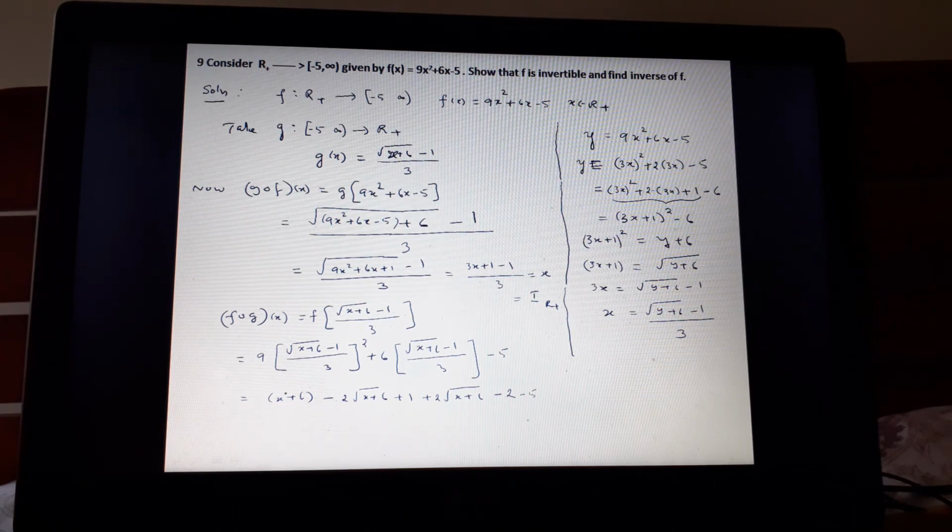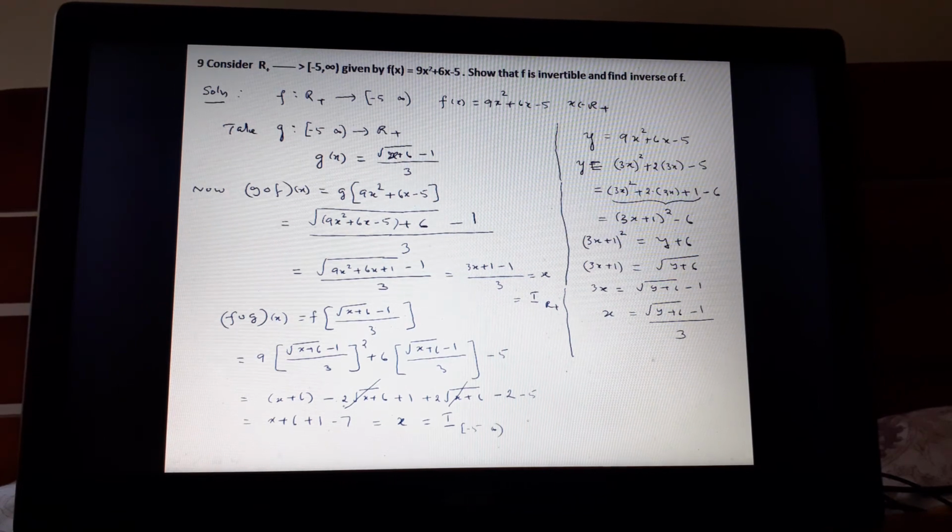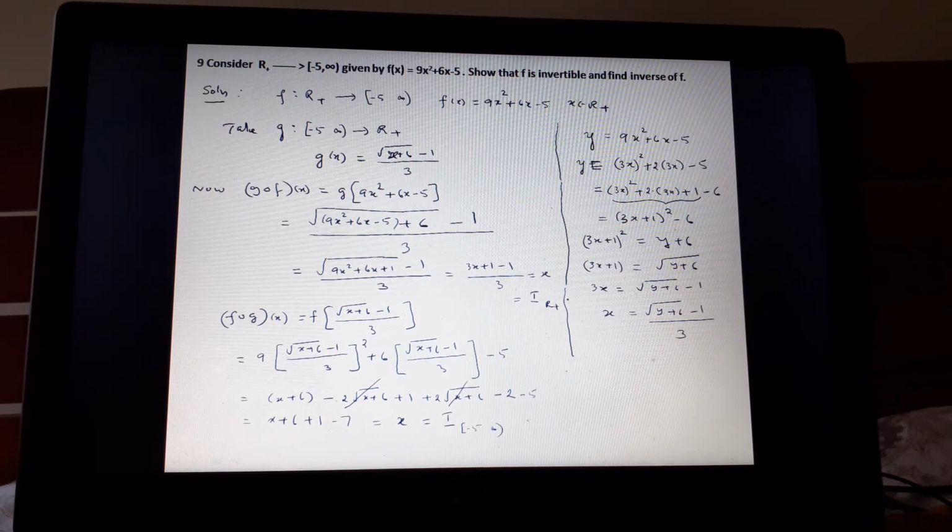So what happens is, this plus and minus cancels. Now look here, this will be equal to x plus 6, then here it is plus 1, and here it is minus 7. So this is x. So this is nothing but I of what? Here R plus, here it is minus 5 to infinity. So by definition, therefore g of f of x is also I, f of g of x is also I, therefore